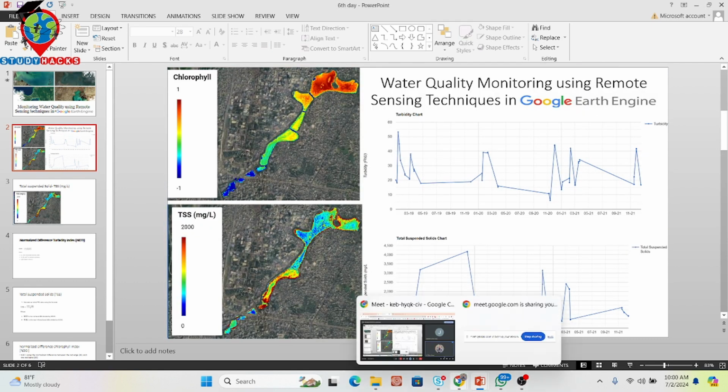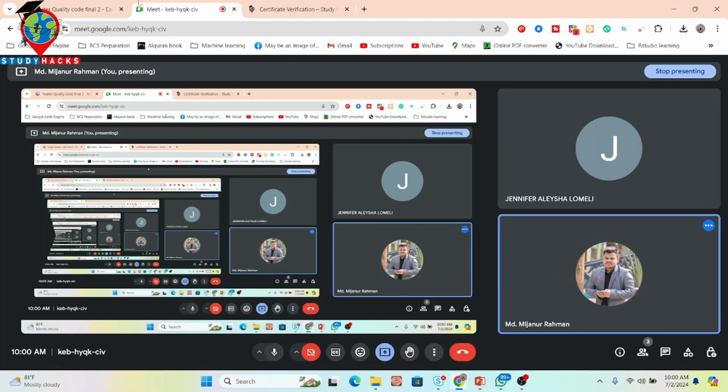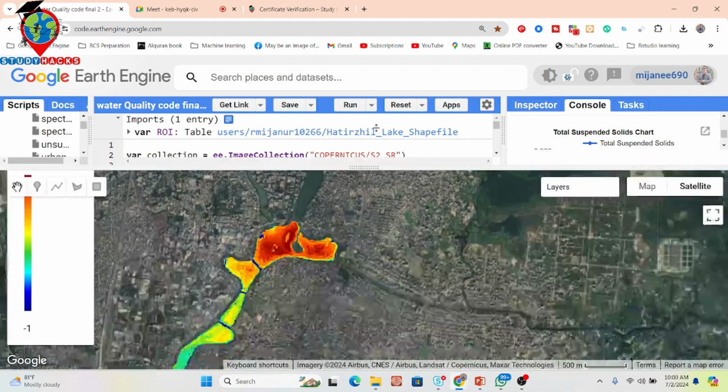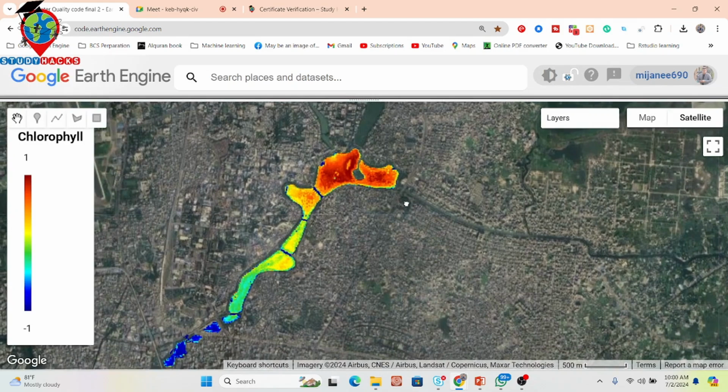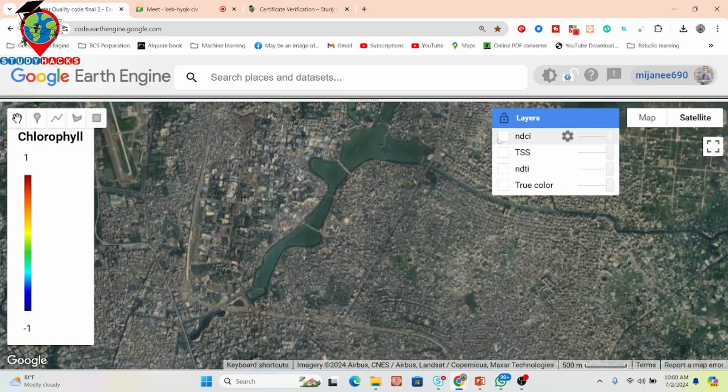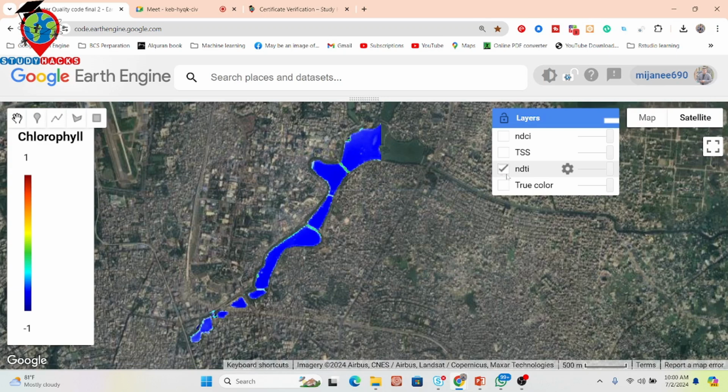Let me simply show you that. Here I already wrote the code. This code I already created. This is my study area, and in this study area I want to calculate these parameters. First of all, the normalized difference turbidity index, mainly NDTI. Then we calculate the total suspended solid, mainly TSS,